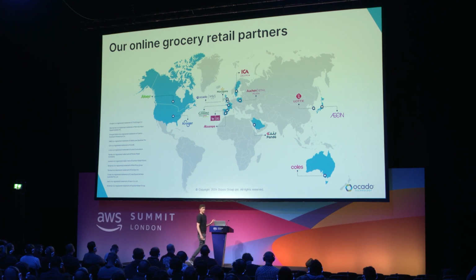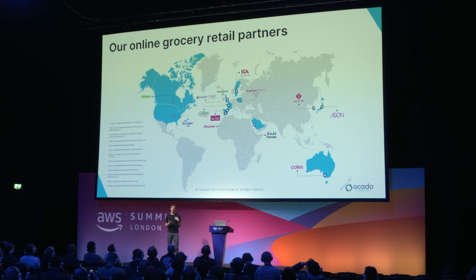So all of these advanced features rely on pretty important cloud services, and none of this is cheap, right? You guys know this. So this means that AWS costs are one of the principal costs of running our business. During the lifetime of OSP, we've kept an eye on these AWS costs, but actually we've concentrated on delivering the features that our partners have been asking for and that we think are really important for us to run their business. And you can see the success of that approach by the map behind me here.